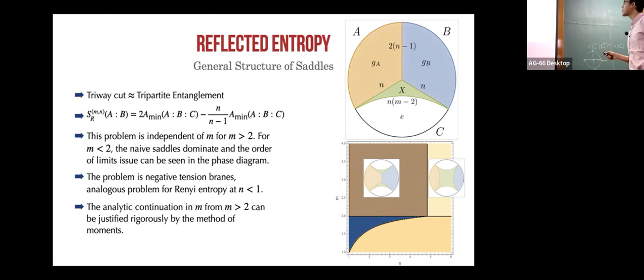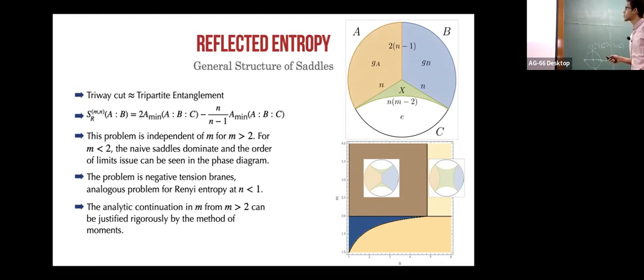The tension here is n times (m minus 2), which becomes negative when you go to m less than 2. And now, instead of trying to minimize the area, it actually wants to maximize the area. This is basically the source of the order of limits issue. So if you look at the phase diagram,